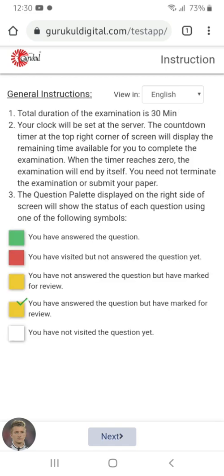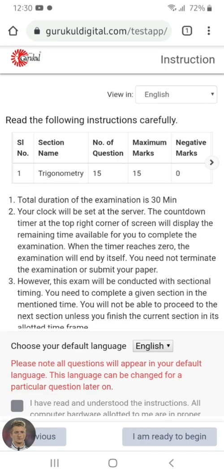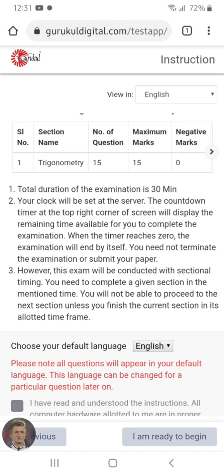Now here are some general instructions, so you have to read them carefully. Now I will click next. Now here is the section, that is trigonometry. Number of questions 15, maximum marks 15, and some instructions.